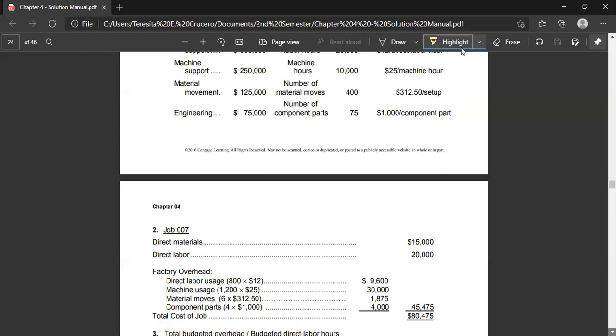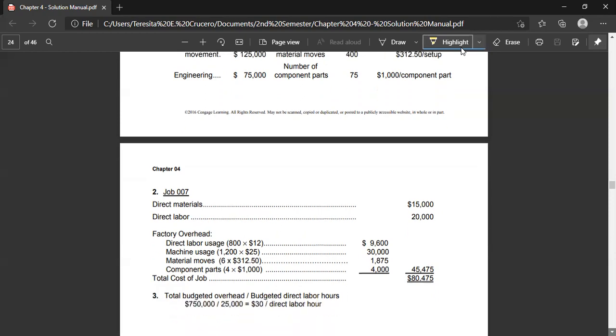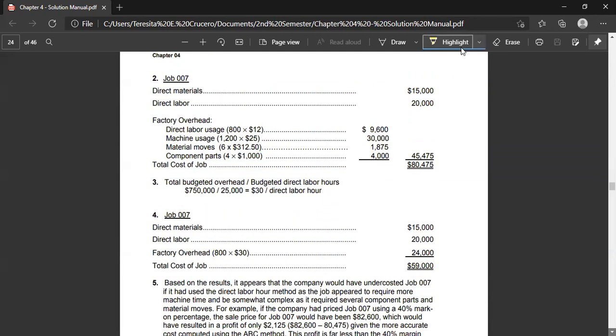So we now get the total of 80,475. That's the total cost of the job. 80,475. Then in requirement number 3,